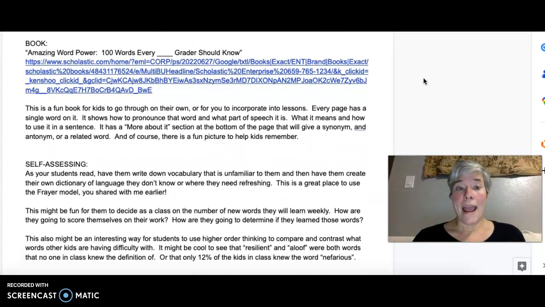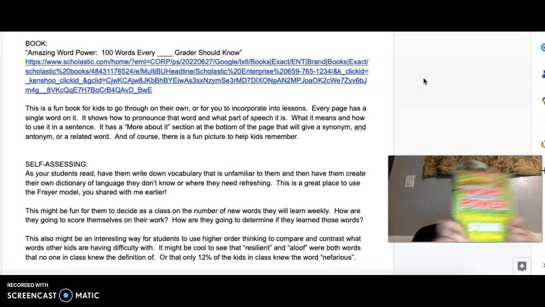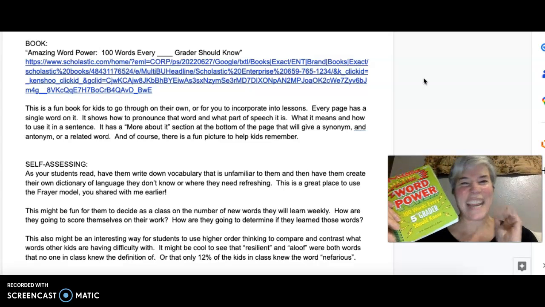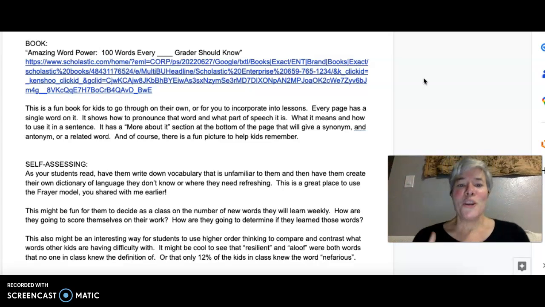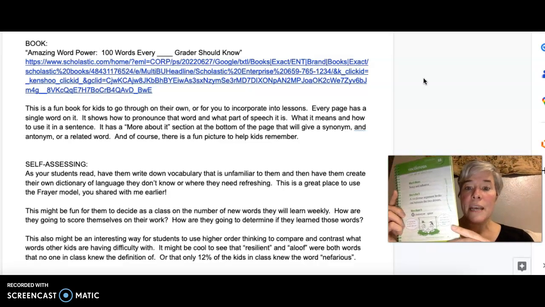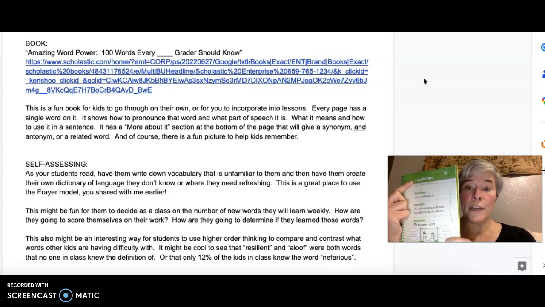Okay, I also wanted to include this book. This is from my kids' library. Again, I'm taking everything from their libraries for you. You might want to check this out. This is through Scholastic, and it's a fun book. My kids would go through this on their own, but I just wanted you to see what is on here. Every page just has a single word on it,